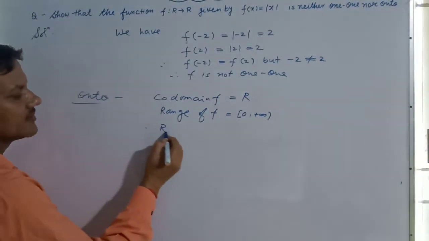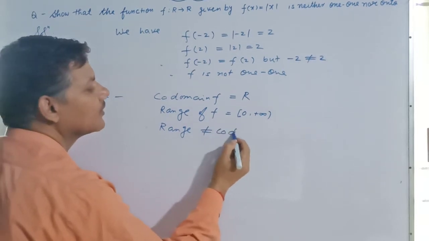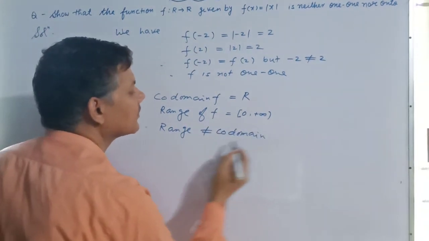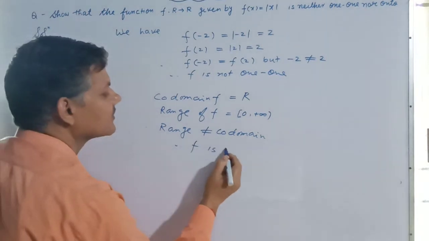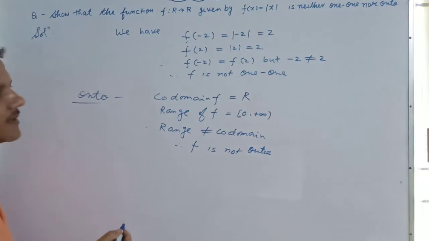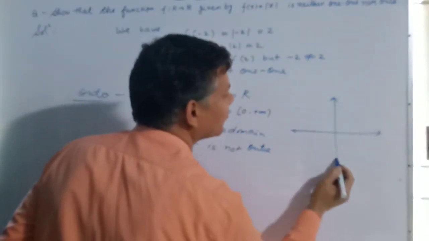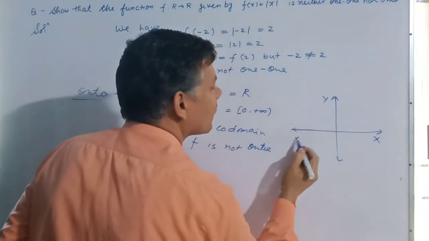Since the range is not equal to the codomain, therefore f is not onto. Or we can say, if we use the graph, then the graph of the modulus function is